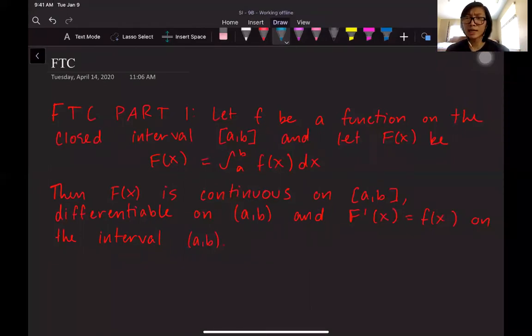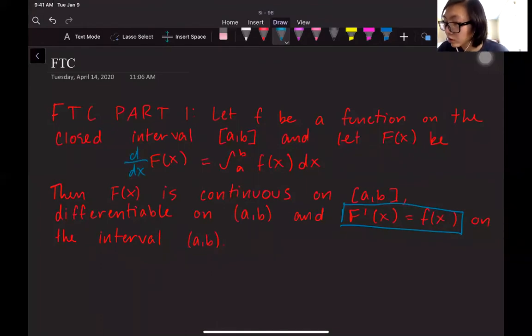Right, so the FTC comes in two parts. The first part, which I have shown up on the blackboard right now, is a way that connects the derivative and the definite integral together. So it elaborates more on that relationship, right? It seems very lengthy and complicated, but the real meat of the FTC, the first part, is just this part right here, because what this part tells us is if I take